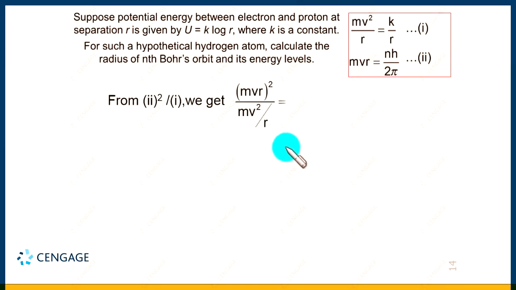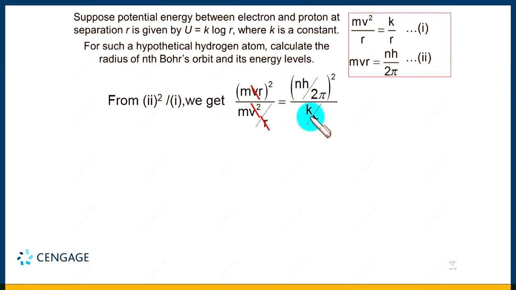This will be like this. Here we can observe this v square and v square will get cancelled, and this r and r will also get cancelled, right? And here will be m square and denominator is m, so only m will be left. And after rearranging, after solving, we will get the relation, that is m r square,